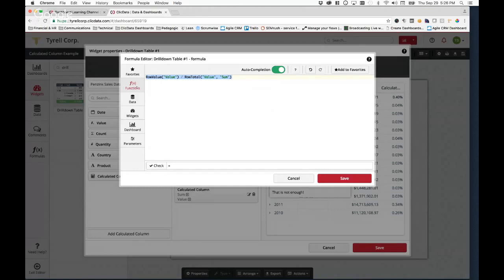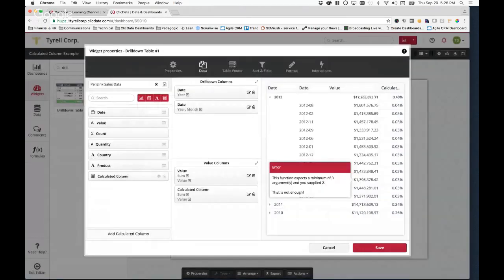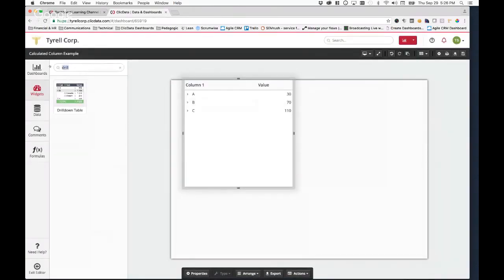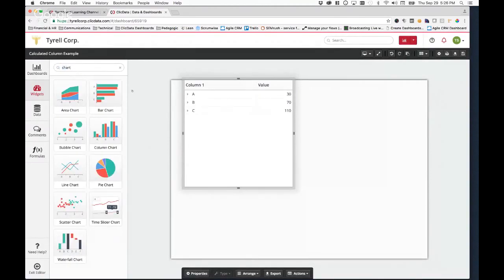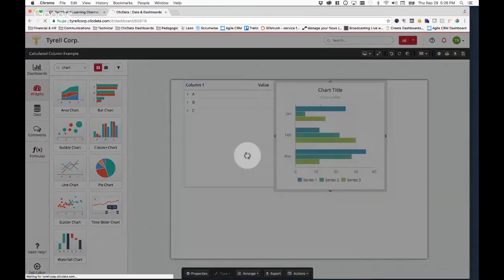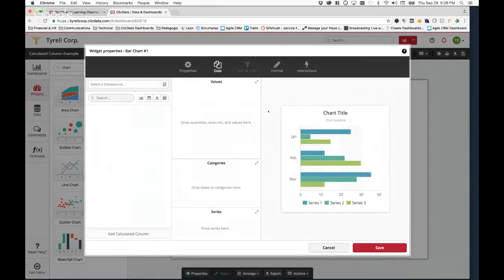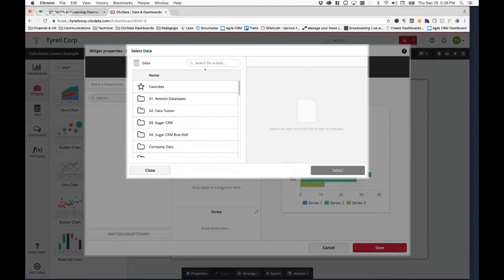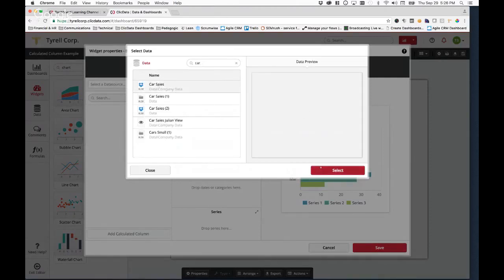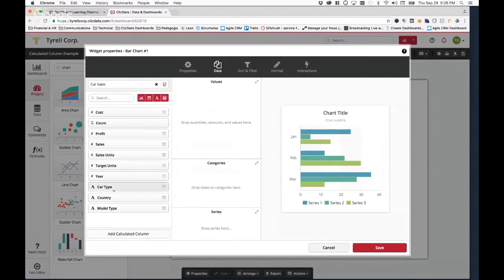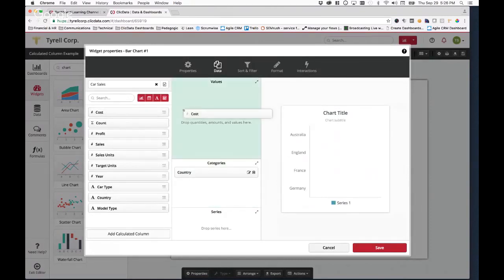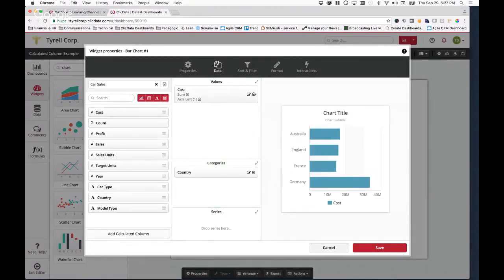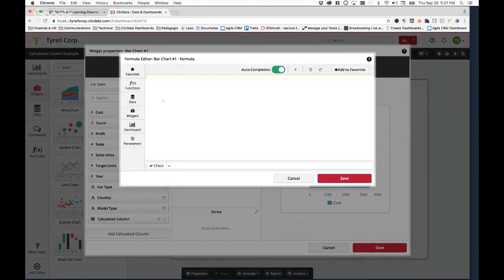You can also do the same thing on charts, but the contextual on charts is slightly different because we don't have rows. We have series, and we have categories. So again, if we're doing something like a binding like this, where I go by country on the categories, and let's say sum of cost here on the chart, if I want to add a calculated column, the functions that I have under chart are now series category, series total, series value.